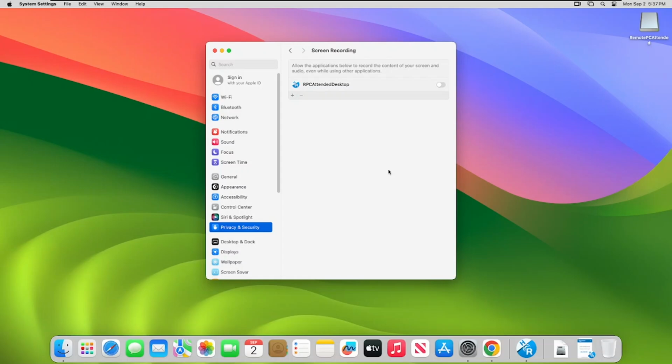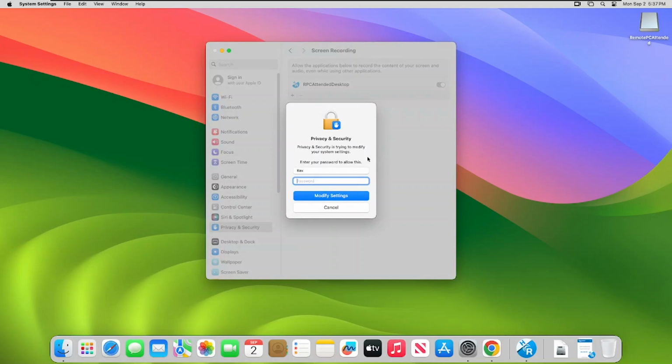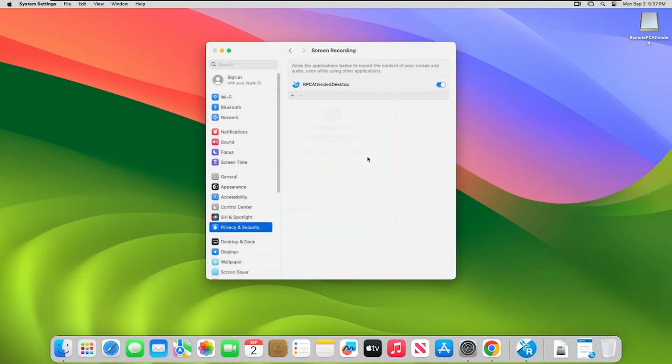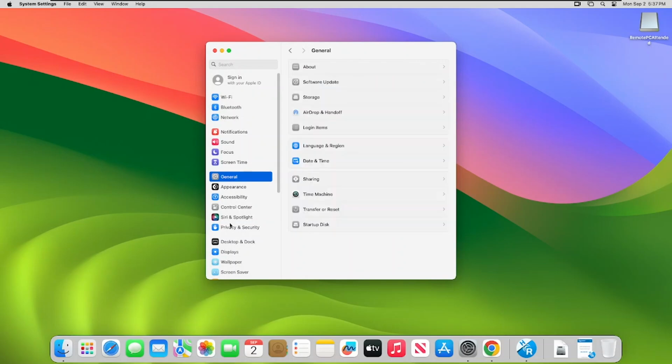Once this opens, please click on this checkbox. This will ask you for your password. Please enter the password that you put when you turned your MacBook on, and then click this general, and then privacy and security again,